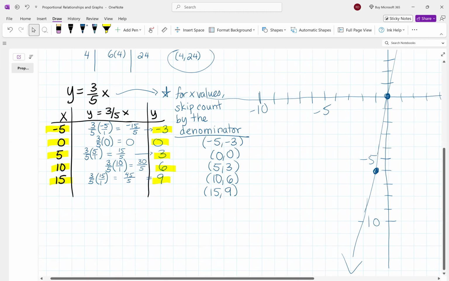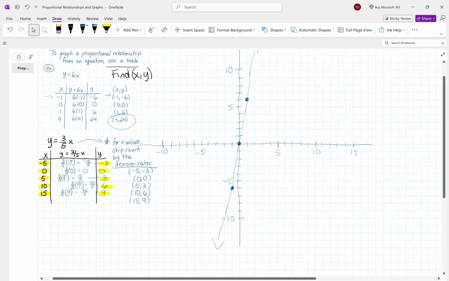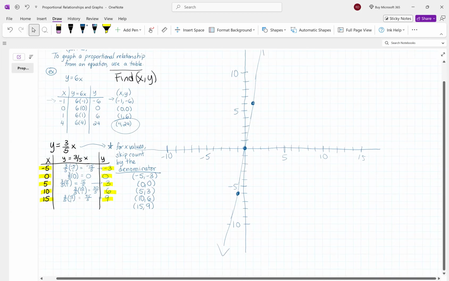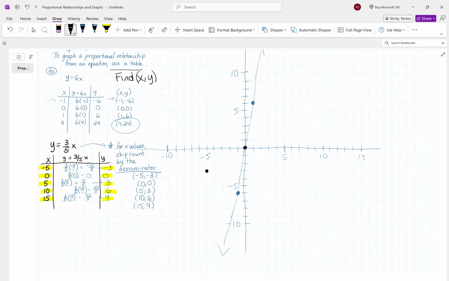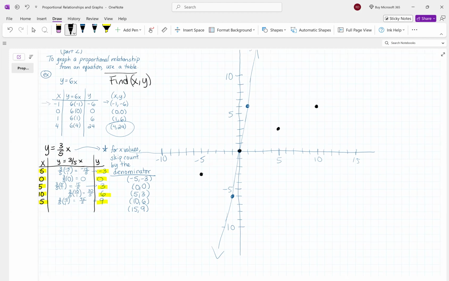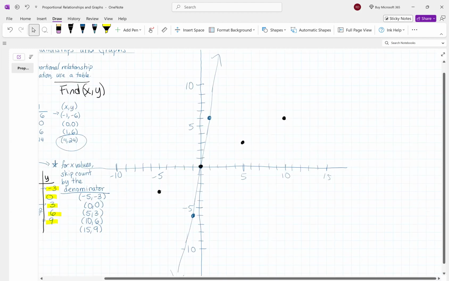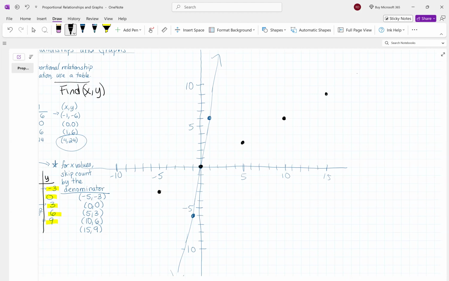So I'm going to go back to my graph and try to graph these ones. So I have -5, -3, so that goes left 5, down 3. Then I have 0, 0. Then I go right 5, up 3. Then I go right 10, up 6. And then I go right 15, up 9, which is a little hard to count. So 15, 9, there, I think. And then we are going to draw our line